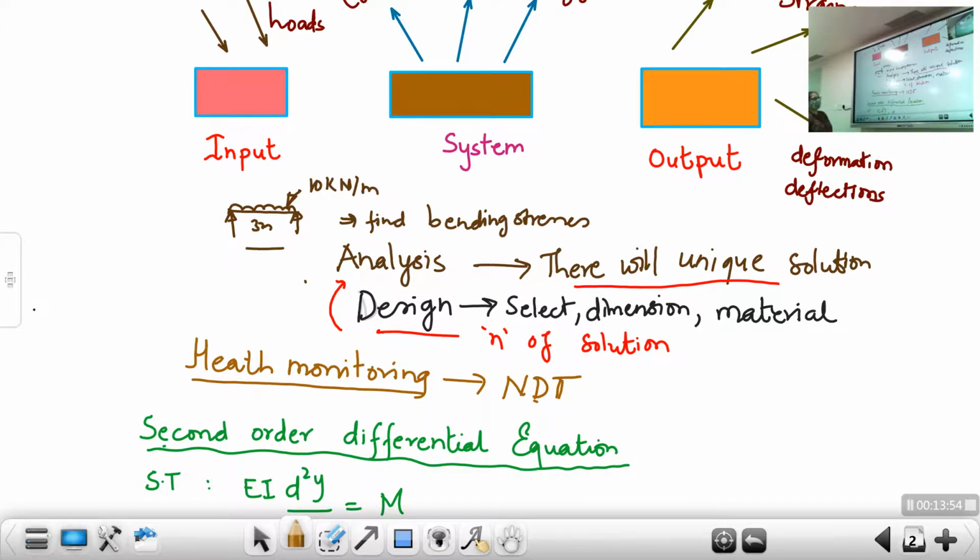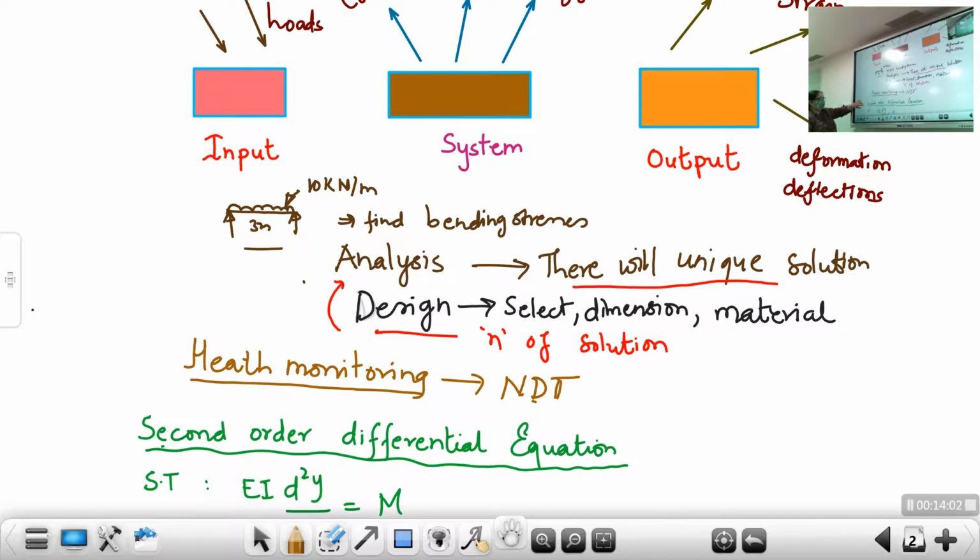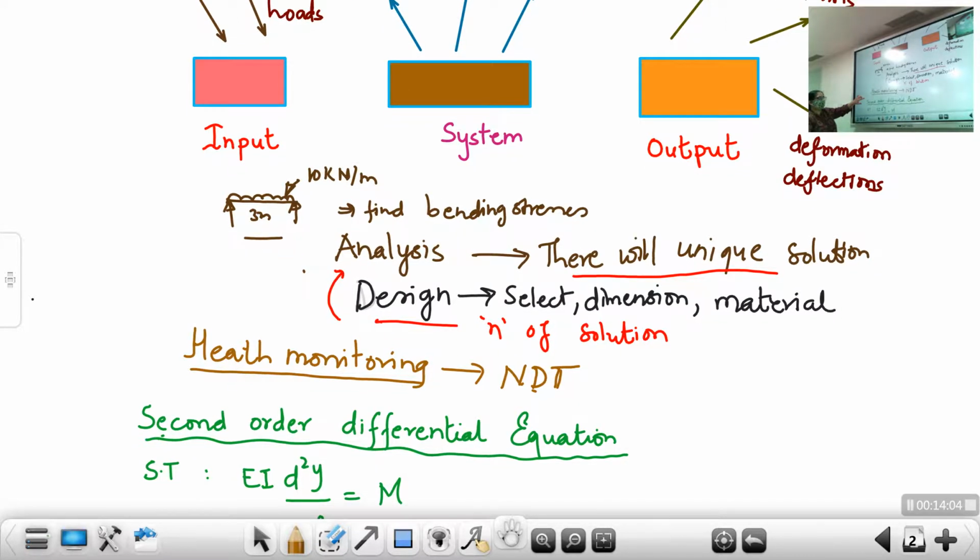Okay. So now let us come back to our deflection. So in this module, we said we are going to find out deflection in the beam. To find out deflection, we will be using two methods. One is moment area method and one is Macaulay's method. To use Macaulay's method, we need to first derive the second order differential equation of the beam.